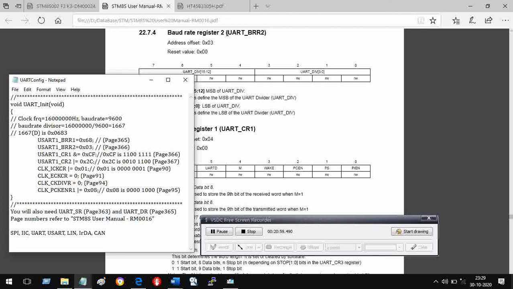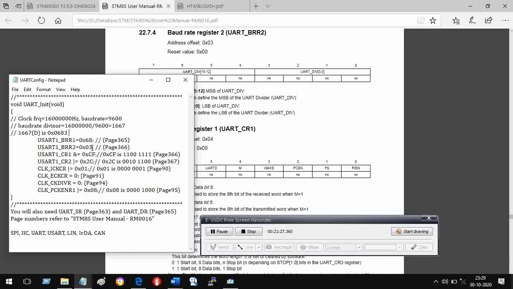What do you need in BRR2? You need the lower nibble, bits 0 to 3, and it happens to be 3. Then you need the topmost 4 bits, which are 0. So BRR2 should contain 0, 3.